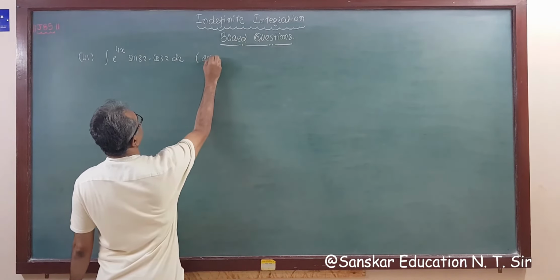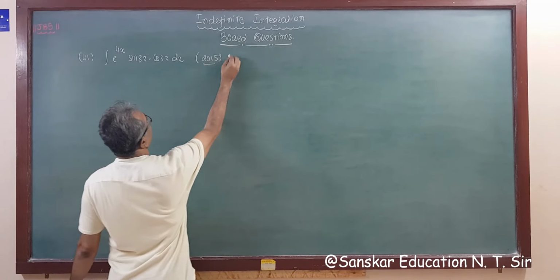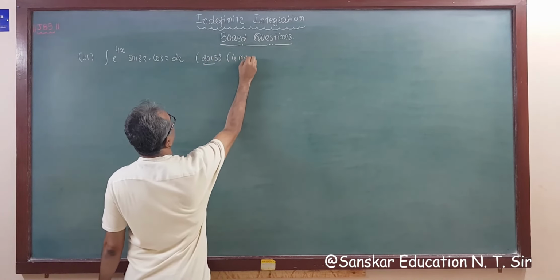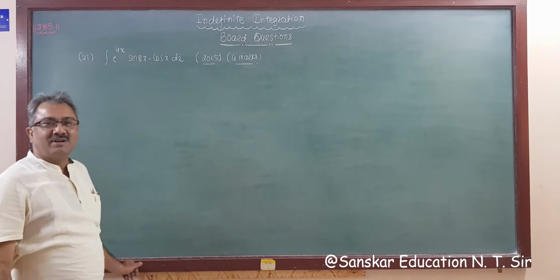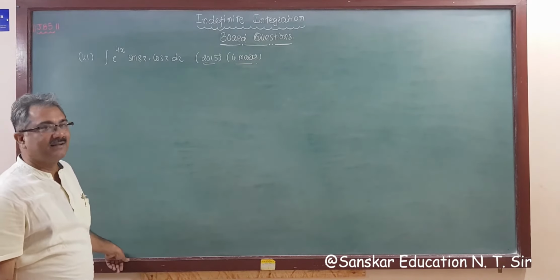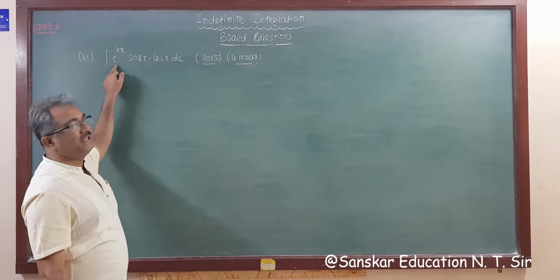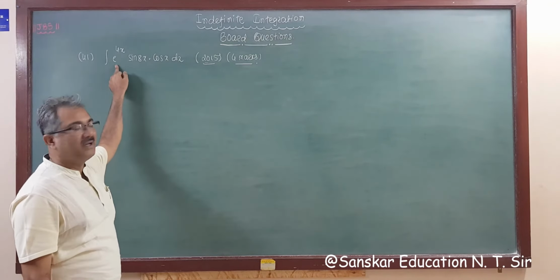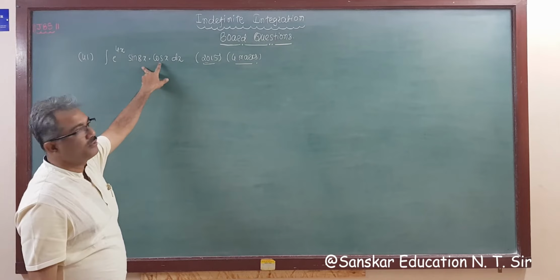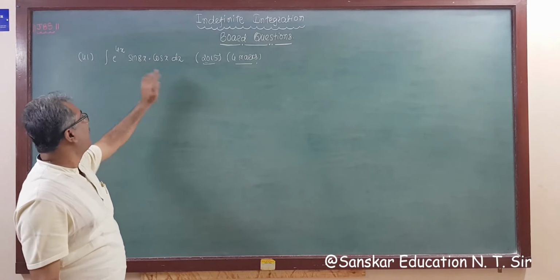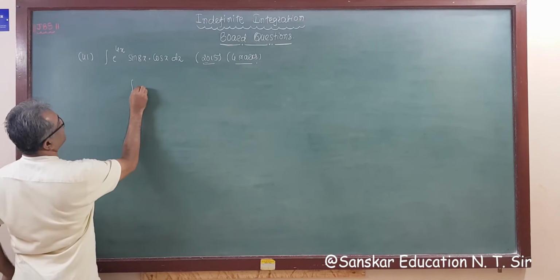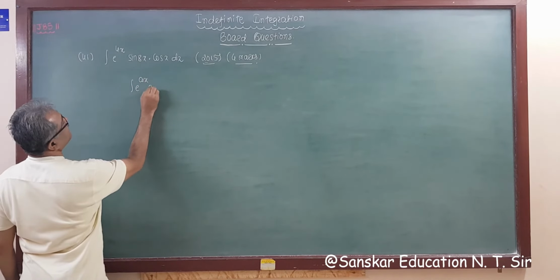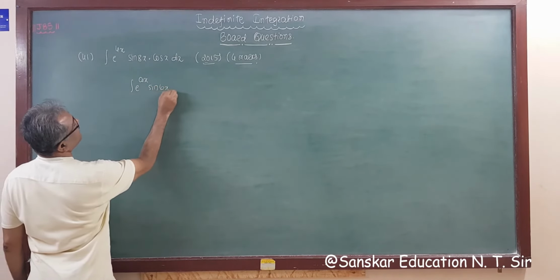So this is from the 2015 exam, we'll ask for 4 marks. A nice question, small question, only a concept is required, right? See, e raised to 4x is there. Now sin 8x into cos x. If only sin 8x is there, then you have one formula, integration e raised to ax sin bx dx.